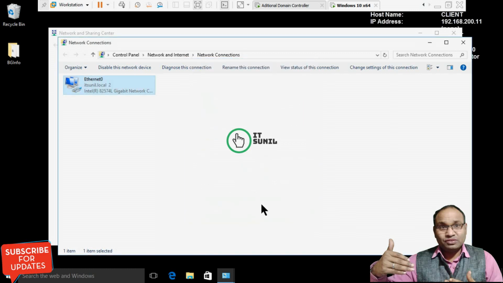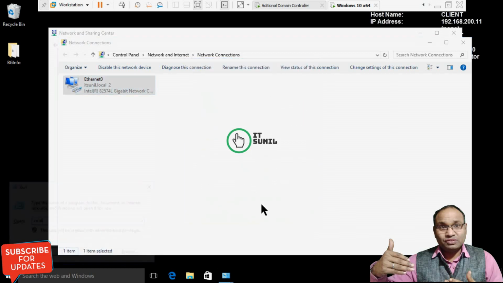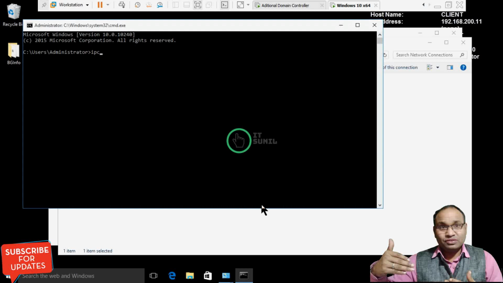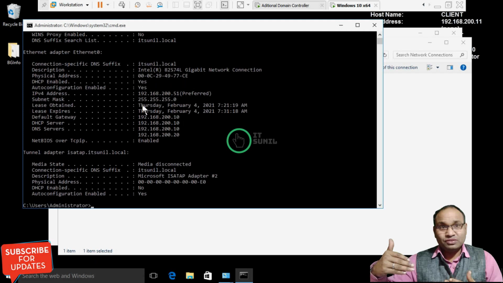So now you can see in CMD, ipconfig. Here is the IP address configuration, IP address 192.168.200.51.